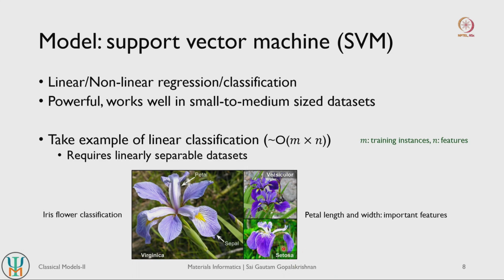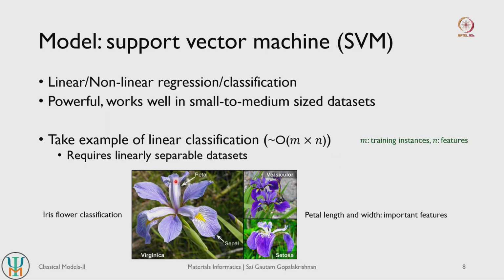So setosa is a type of flower that is commonly available. Yeah, so the flower that we are going to classify is iris, not setosa. So we are going to take this iris flower classification task as an example. And there are 3 specific types of this flower, one is virginica, second is versicolor, and third is setosa.